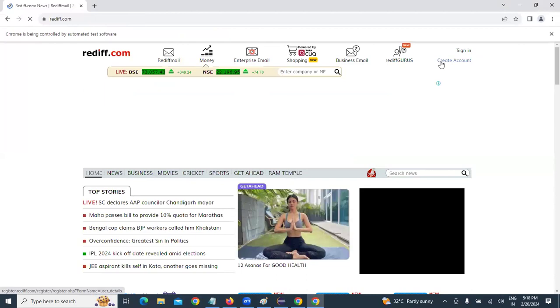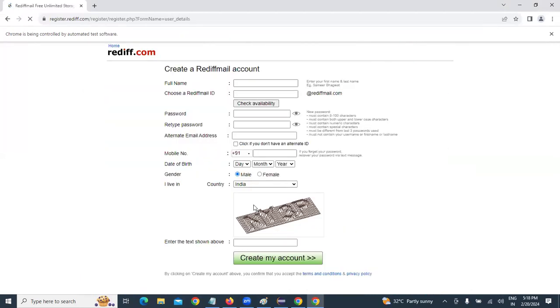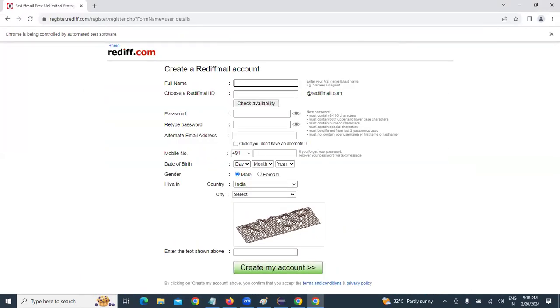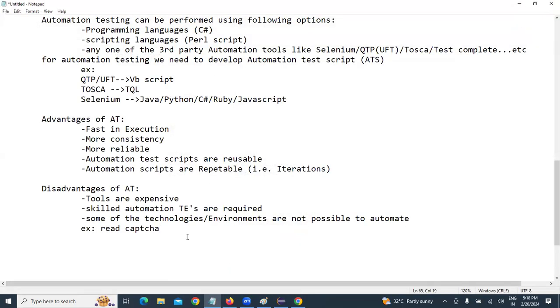I want to read the captcha from here, but this is not possible. There is also color of object identification, handling